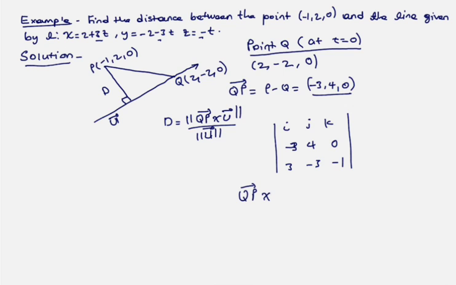QP crossed with u is equal to -4 in the i, -3 in the j, -3 in the k ይሆናል ማለት ነው።